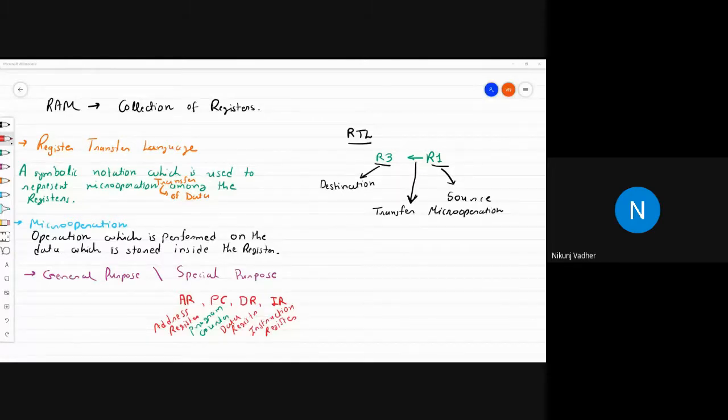Now, Ashish Prasad Pandey is asking whether register is a unit or storage. Okay, so register is a storage. Unit of storage is bit. But most of the time,